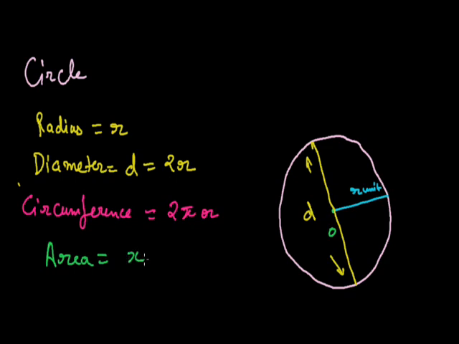is pi r square. Here we have to remember that the value of pi is 22/7 until and unless it is given in the question that we have to use the value of pi as 3.14. जब तक क्वेश्चन में गिवन नहीं है तब तक हम पाई की वैल्यू 22/7 ही यूज करेंगे.